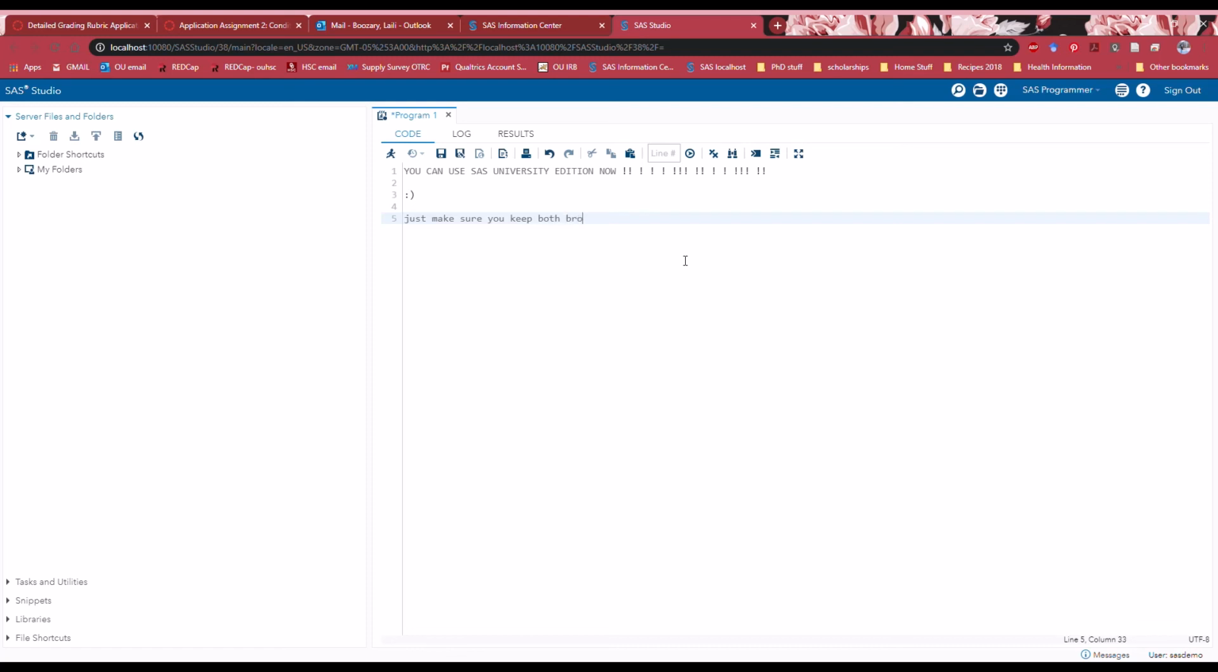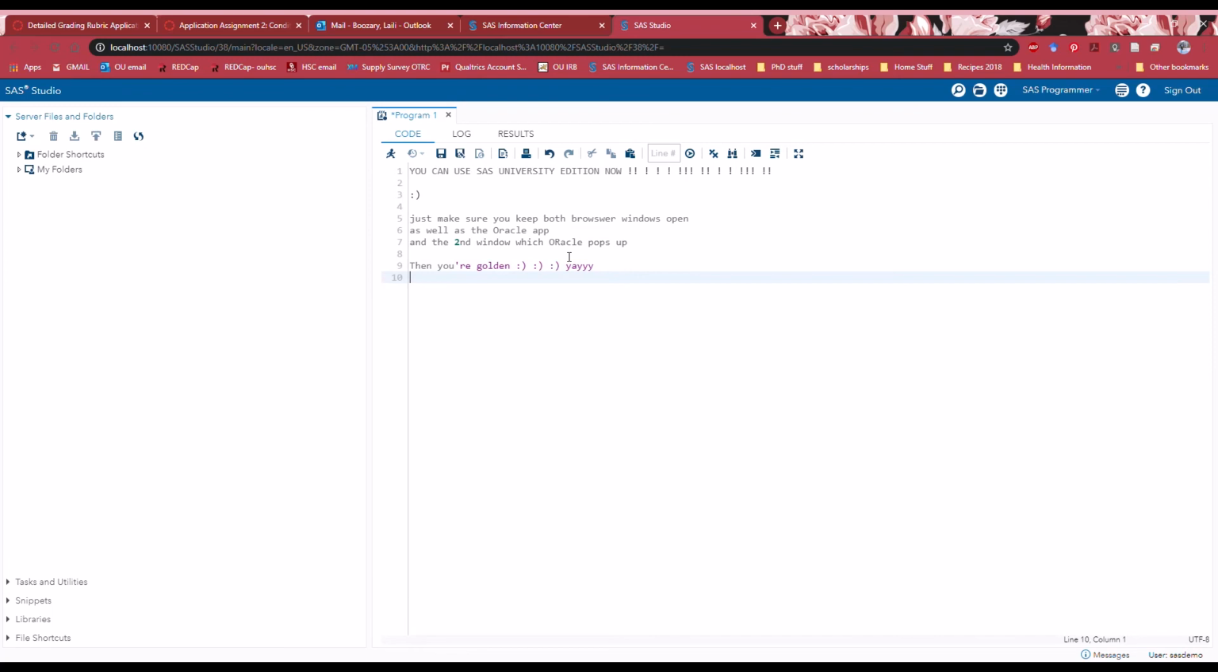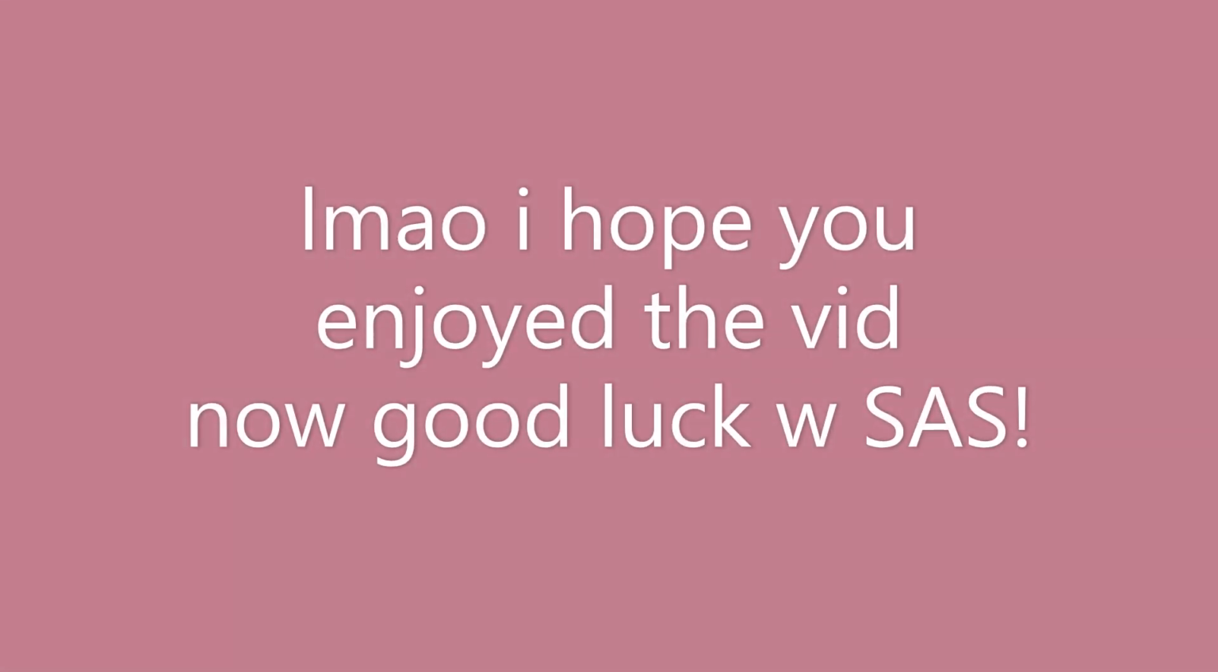So basically, you just need to make sure that you keep these browser tabs open. The ones labeled SAS Studio and SAS Information Center both need to stay open, as well as the Oracle VirtualBox and that second window that pops up from the Oracle. If you accidentally close out one of them, it's just not going to be receiving signal on this browser tab, so it's going to kind of time you out of it. That's the best way I know how to describe what happens. But basically, as long as you keep all four of them open, then you can go ahead and keep